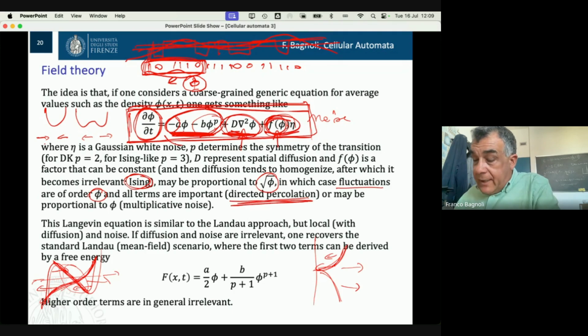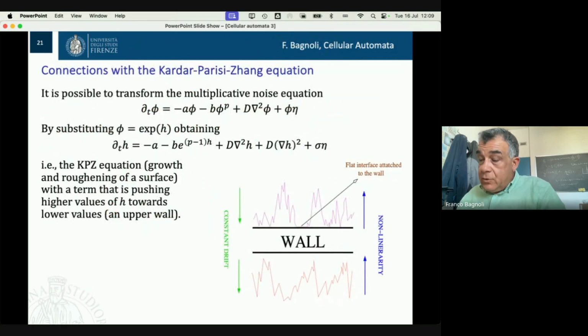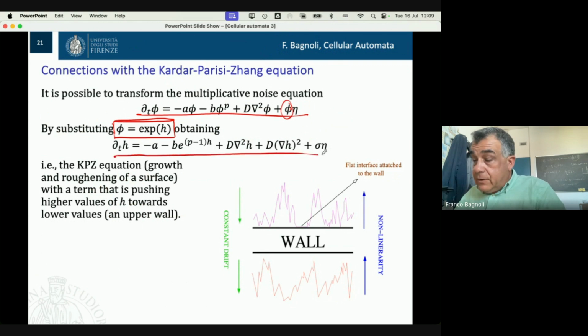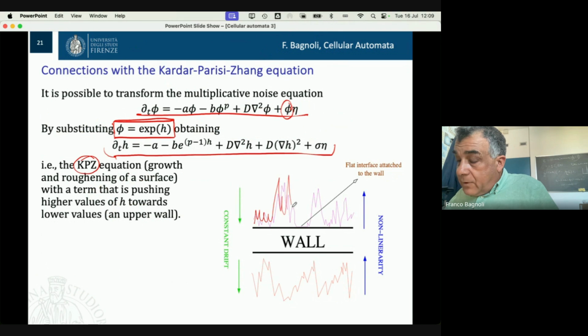Or we may have it proportional to phi, and this is the case of multiplicative noise. We can show, by making a transformation, that this equation with multiplicative noise can be converted into this one, which in physics is called the Kardar-Parisi-Zhang equation, that describes the growth of a surface, for instance, because there is